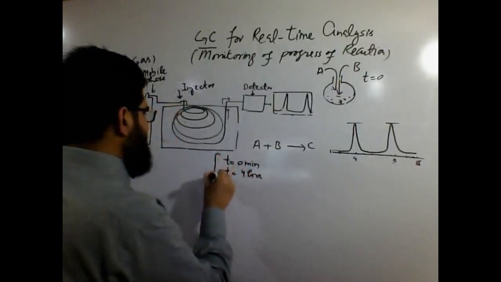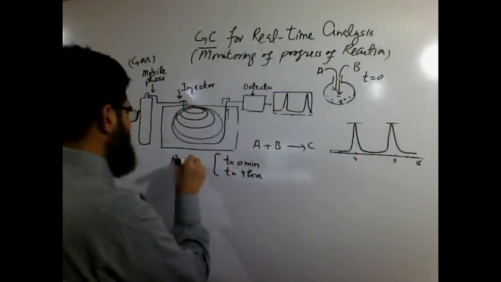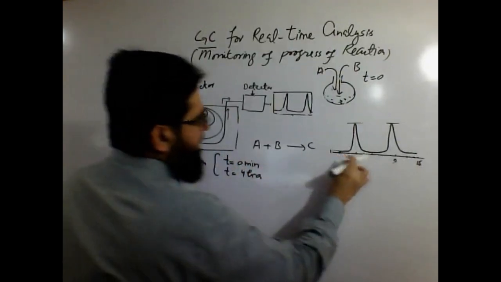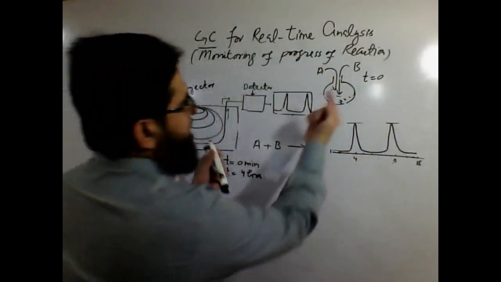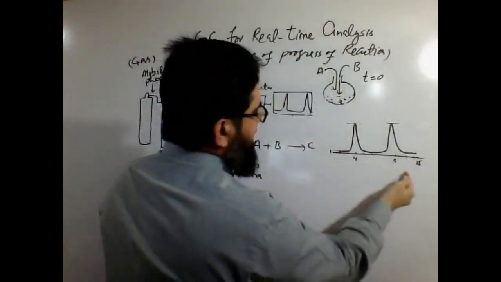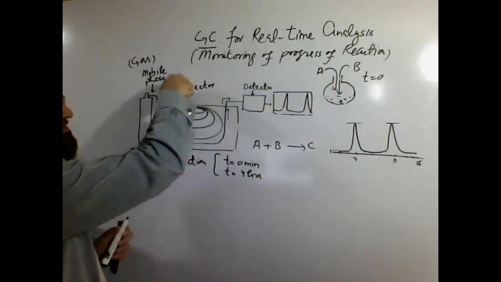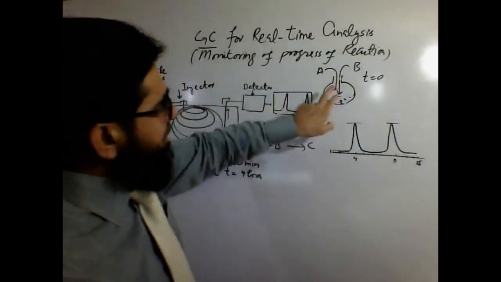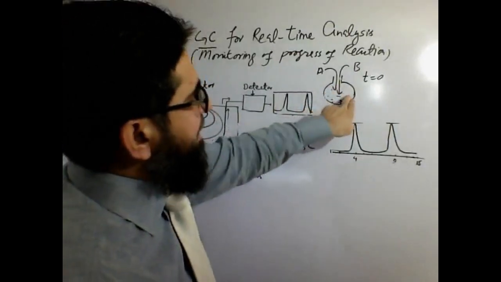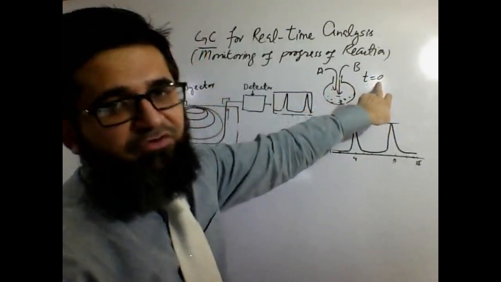This is the reaction time. You should not be confused between the minutes on the GC and the time over here. This time is the reaction time in the flask, and that time is the time for the GC analysis. Okay, so when we put in A and B, right after, when the time was 0 of the reaction, we